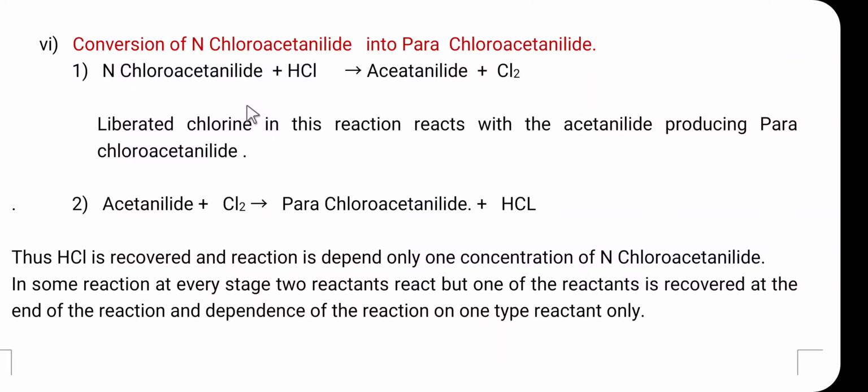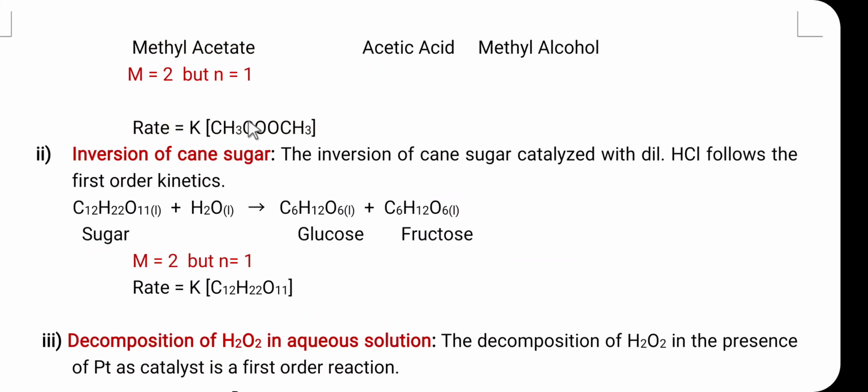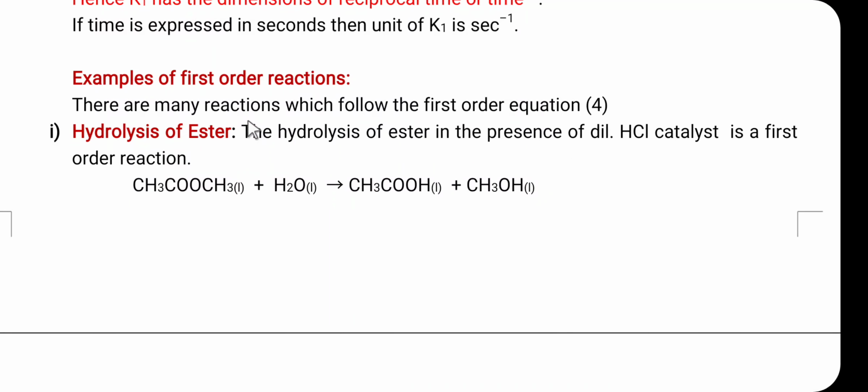Friends, in today's lecture, we have discussed the various points related to the first order reaction, such as what is meant by a first order reaction, the expression for velocity constant for the first order reaction, characteristic features of the first order reaction, that is the nature of the graph, the half-life period for the first order reaction, then the unit for the velocity constant, some examples of the first order reaction, and what is meant by a pseudo-molecular reaction and the reasons for the pseudo-molecular reaction.